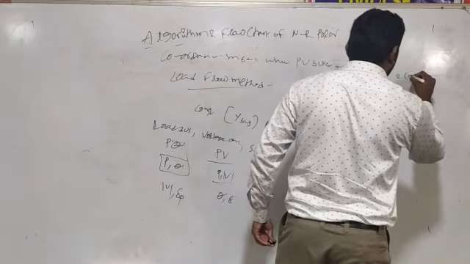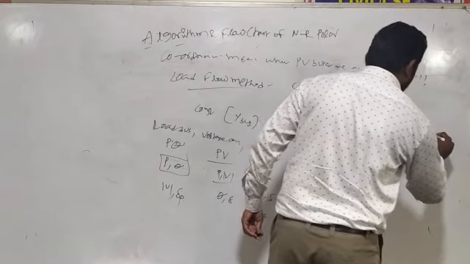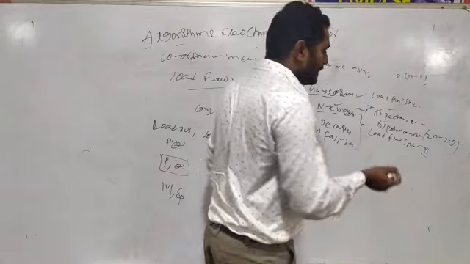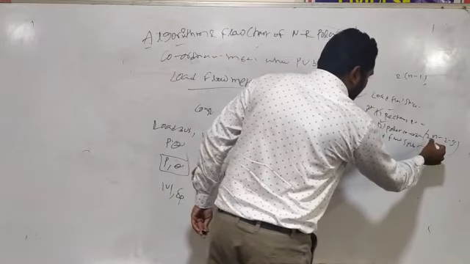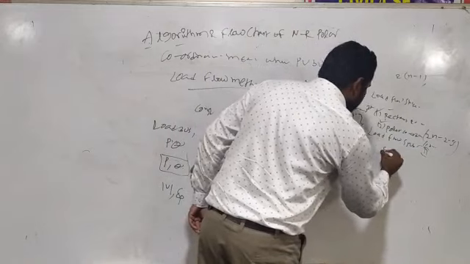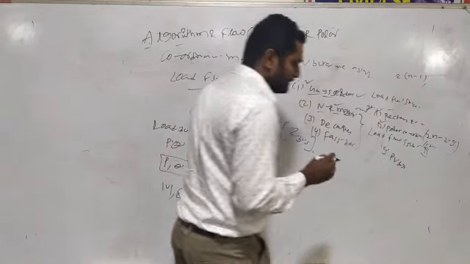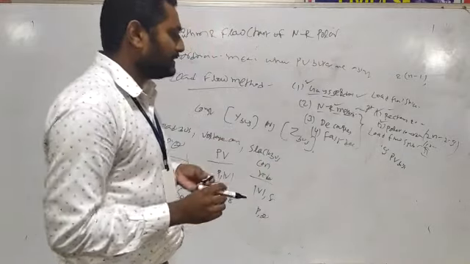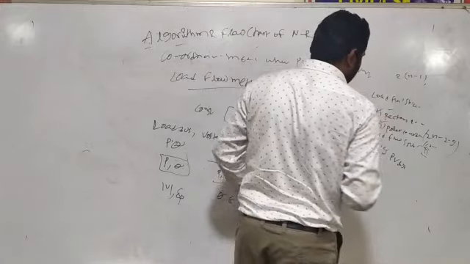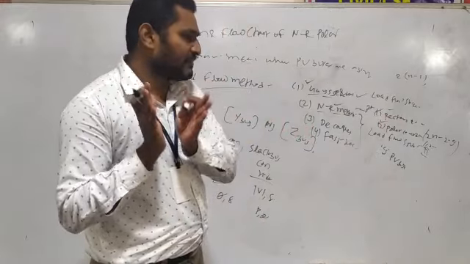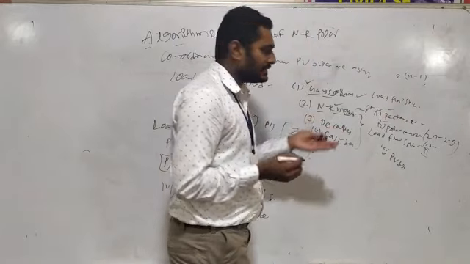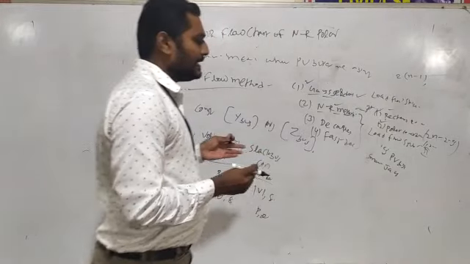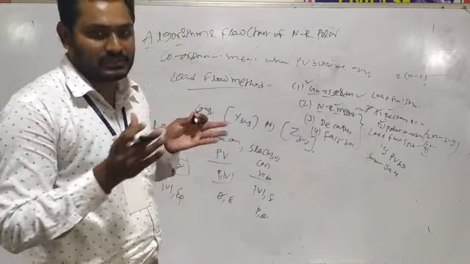The number of equations in the rectangular coordinate method is 2n minus 1, and in the polar coordinate method the number of equations is 2n minus 2 minus g. For an n-bus system, we have one slack bus and g PV buses, which are voltage controlled buses. Compared to the rectangular coordinate method, the polar coordinate method has a lesser number of equations and gives a smaller size of Jacobian matrix. This is the main advantage of the polar coordinate method.